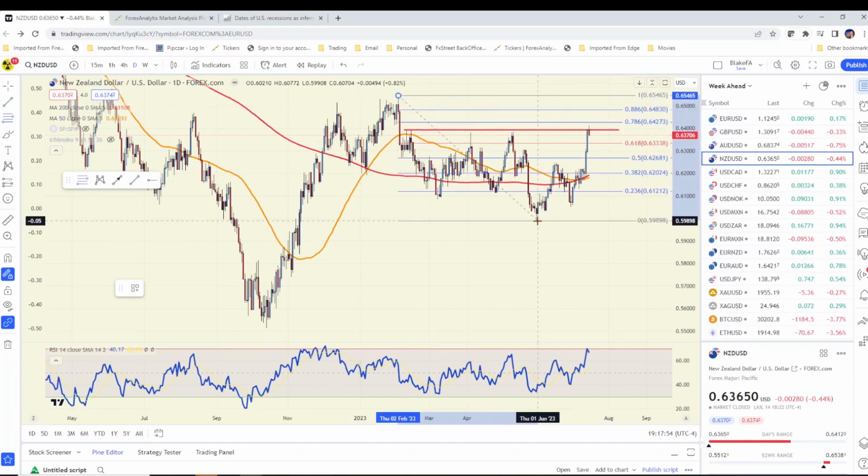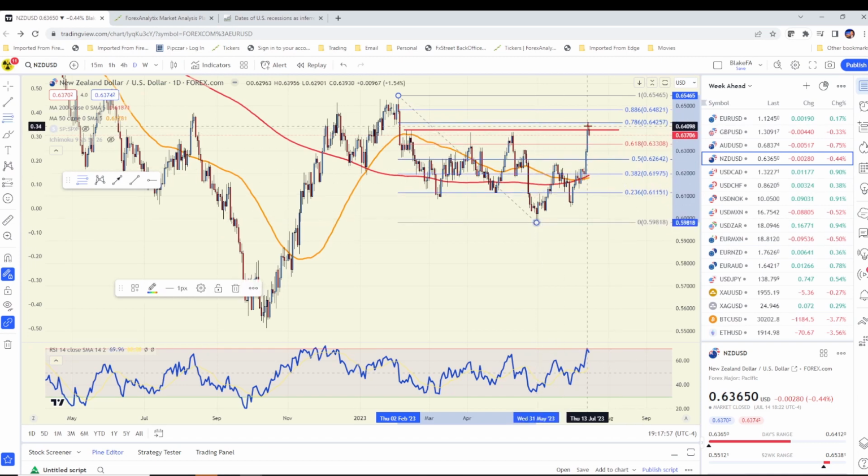If we can't stay above 64 cents, then the risk is that we push right back down towards 62 cents, maybe this 200 DMA, which the 200 DMA and the 50 DMA really held as support. And when the weak dollar inflation data came out this last week, it was a launching pad for this particular pair, but putting us back up at resistance, we have to be a little more careful with it right now. And remember, if we're seeing weaker inflation data across the globe, it could also tilt the RBNZ to be more dovish in the meetings ahead.